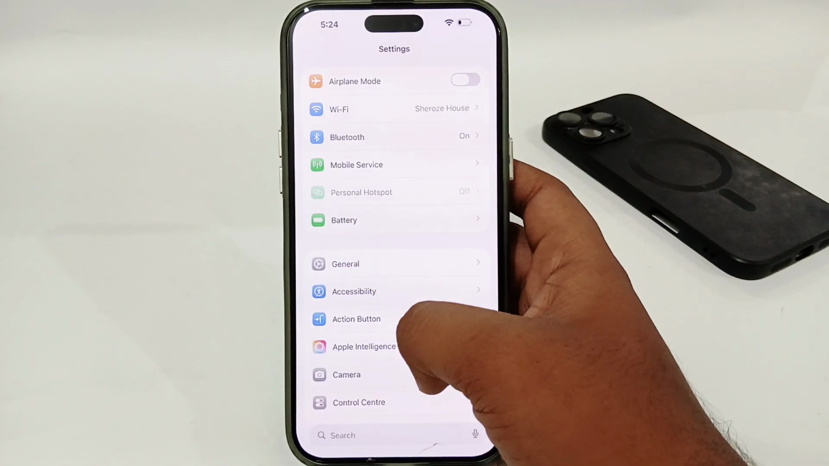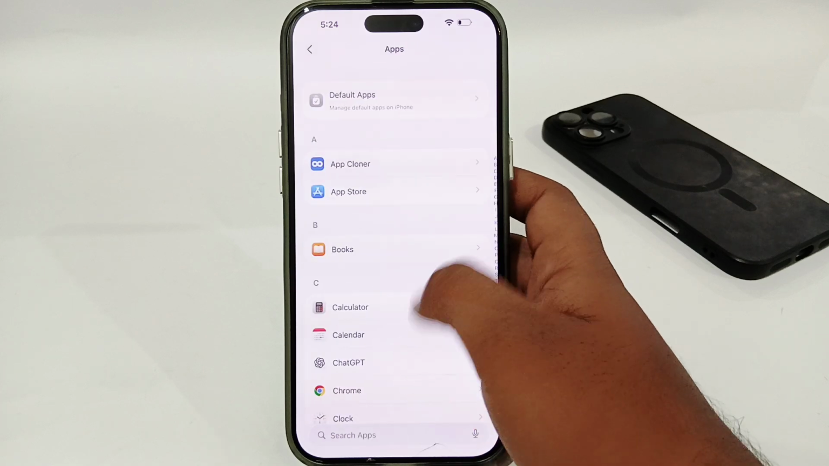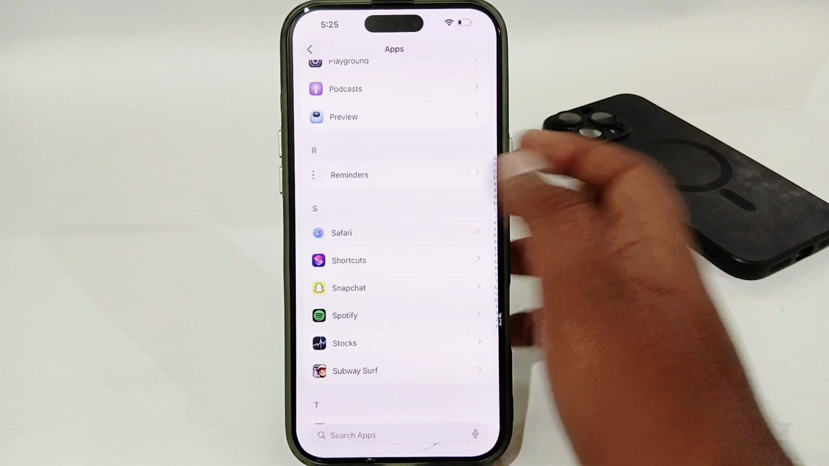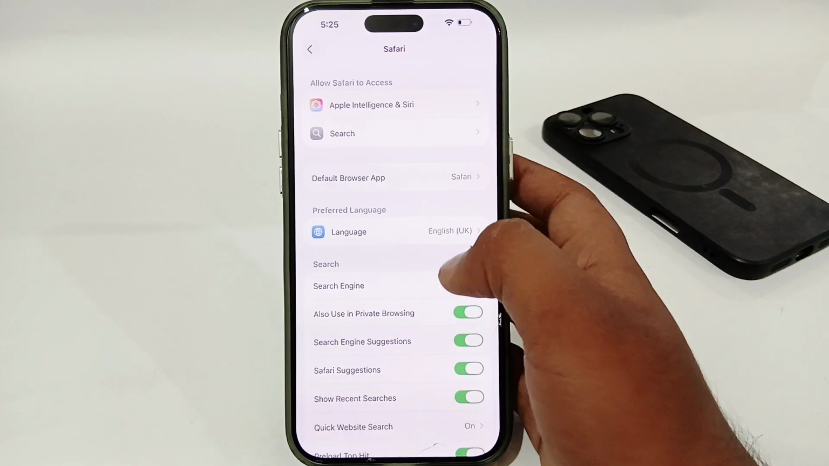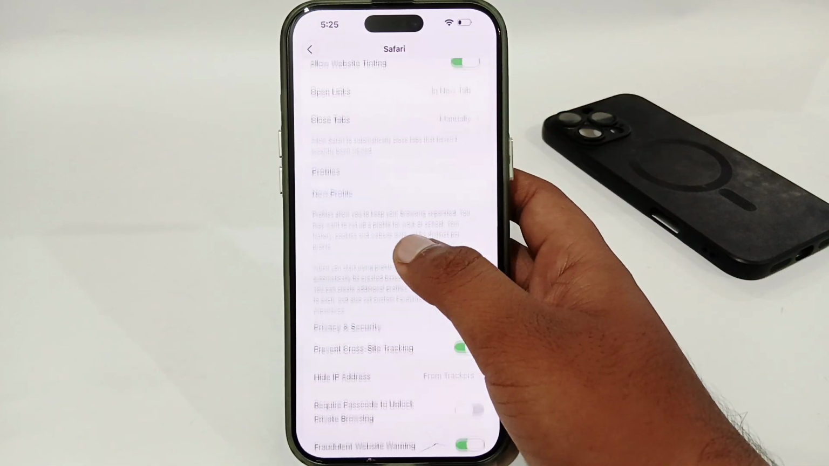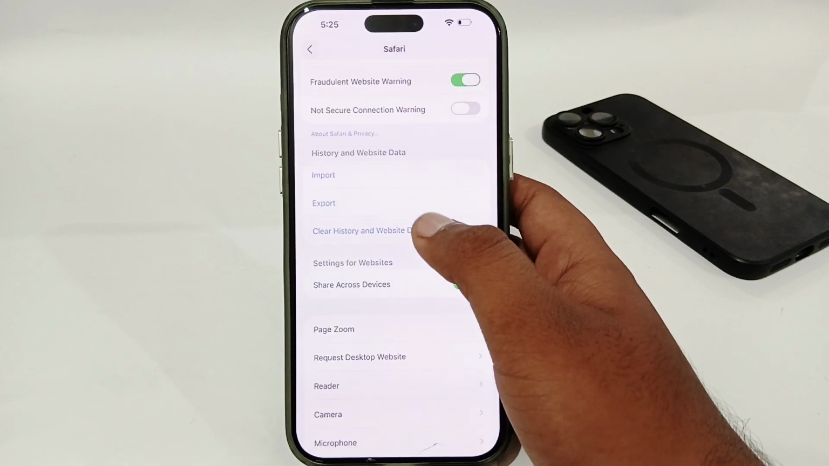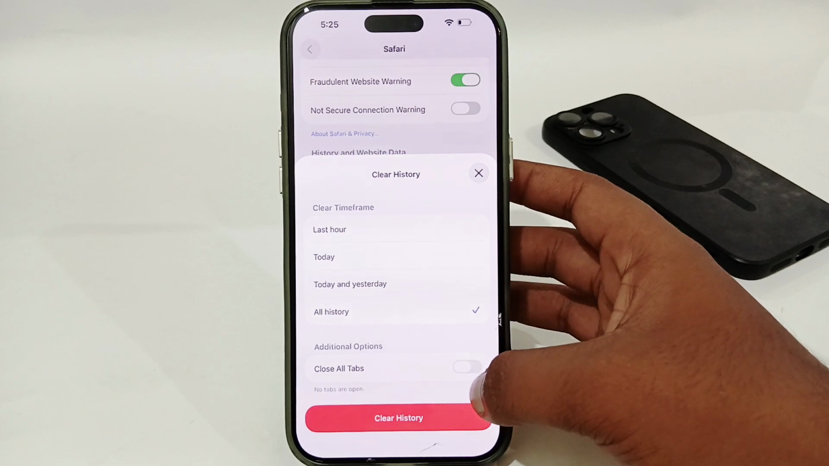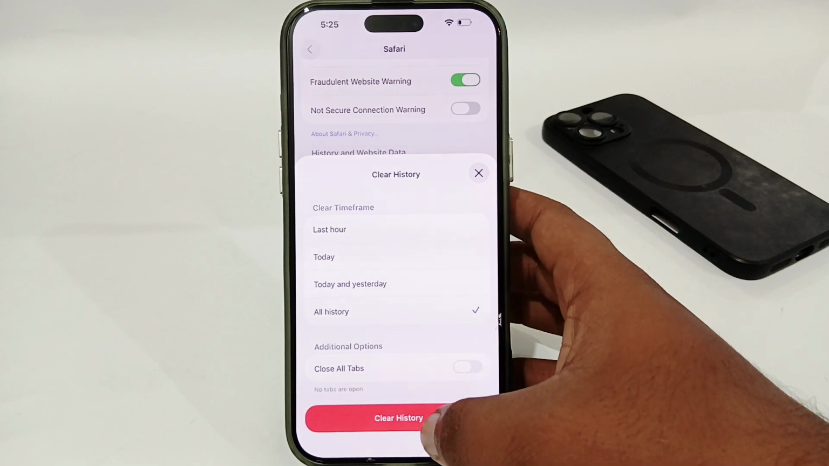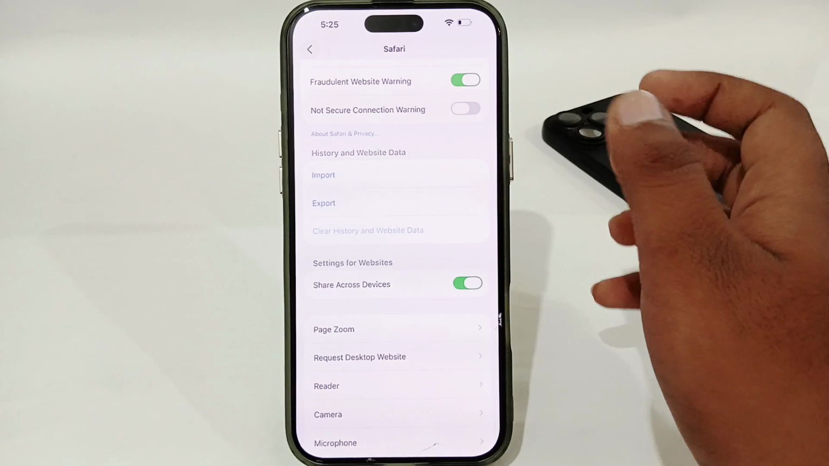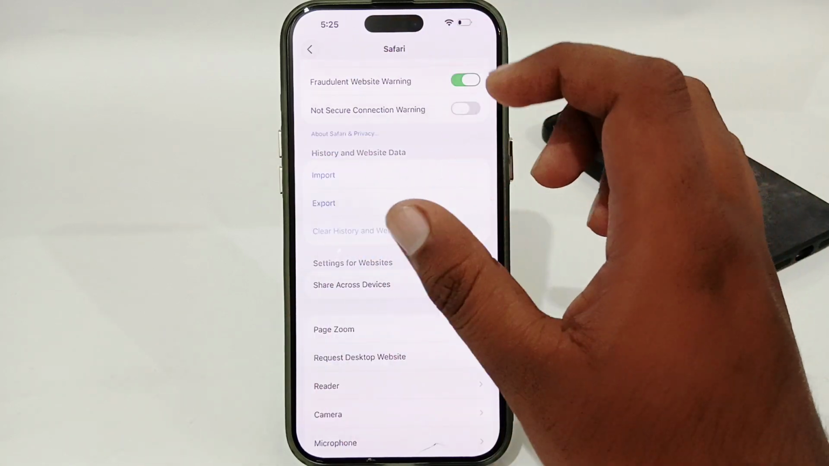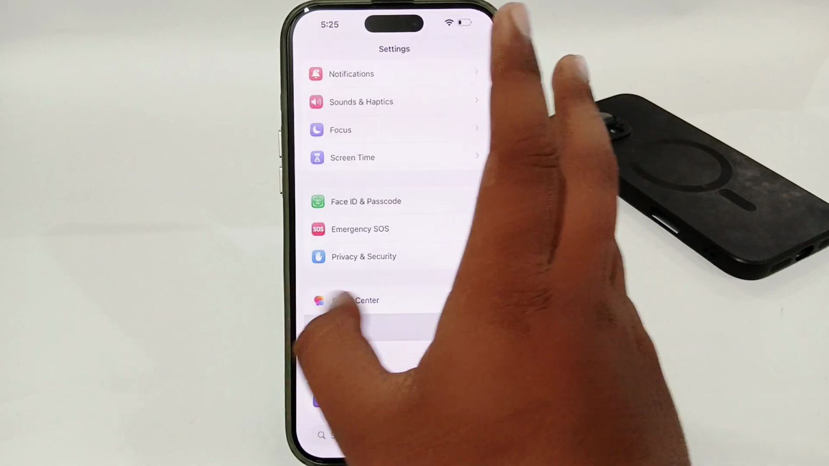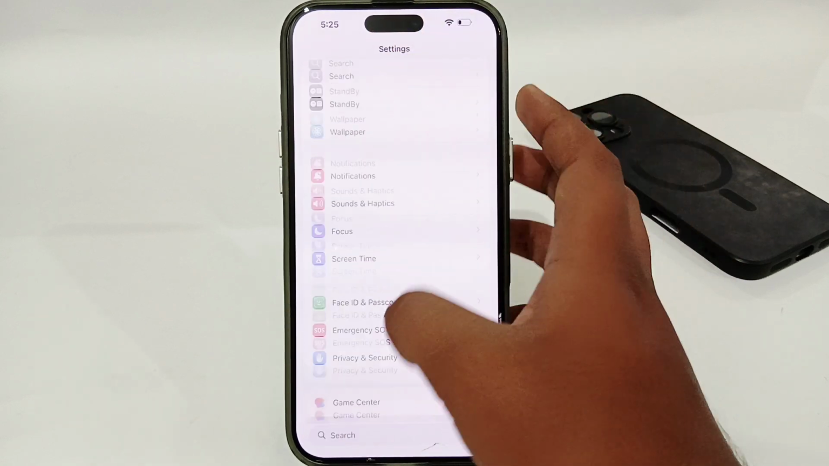And then you just have to go back and open apps, and here go for the Safari app or the browser which you are using. In my case I'm using Safari, so select that, and here just scroll down and look for the option of clear history and website data. You must select that option, and here select all history and then enable this toggle for all tabs, and then select the clear history option. It will clear all the history of your Safari or any other browser, because sometimes your browser might include some viruses,